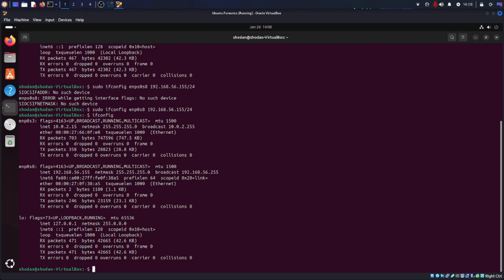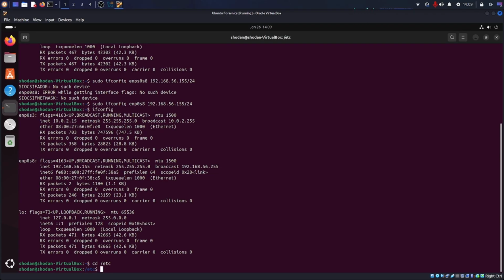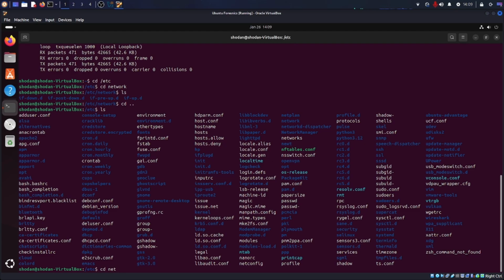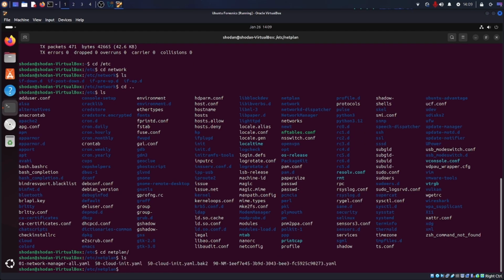Now, if you wanted to make this persistent and do it through the configuration, depending on the Linux distribution you're on, this might be a different process. On older versions of Ubuntu, normally you would do it through the network folder here, and there would be an interface file where you can configure your interfaces. However, on newer versions, they opted to have this process done through the Netplan directory here. And if we go to 50 cloud init YAML,